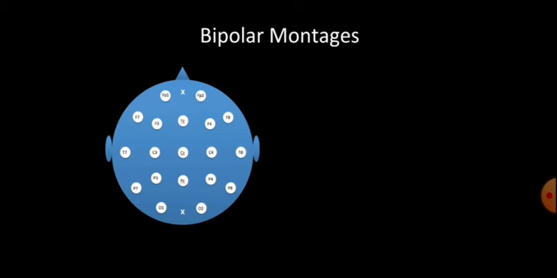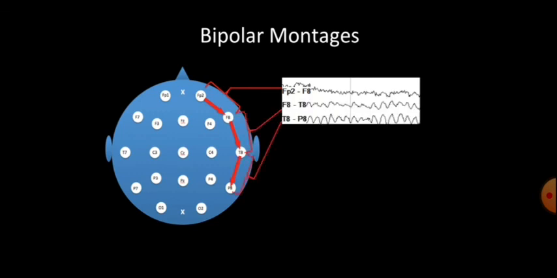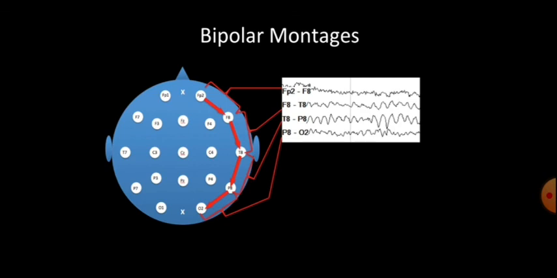Here I have a picture of the head from the top down. If we display the difference between FP2 and F8 as a single tracing, it would look something like this, and we call this single tracing a channel or derivation. Next, we move posteriorly and look at the difference between F8 and T8 and display this as a different channel. We continue to move posteriorly, and we have a string of recordings